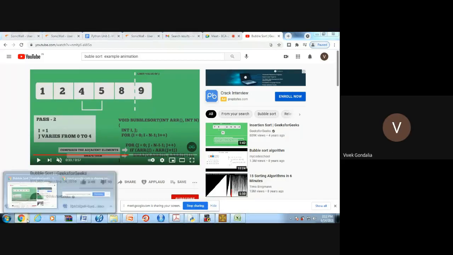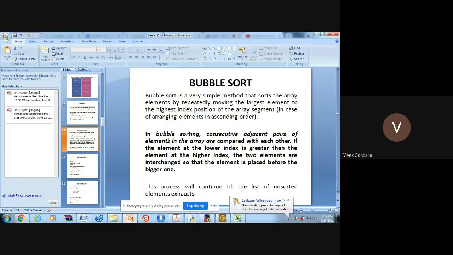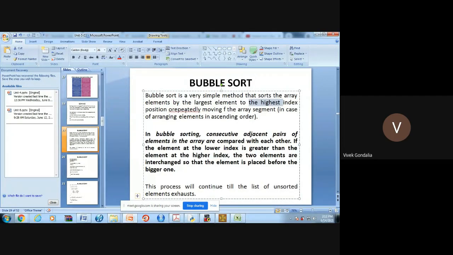Yeah. So now we will read this PPT, then you can understand. So bubble sort is a very simple method that sorts an array of elements by repeatedly moving the largest element by swapping to the highest index position of the array segment, in case of arranging in ascending order. Clear? In bubble sorting, consecutive adjacent pairs